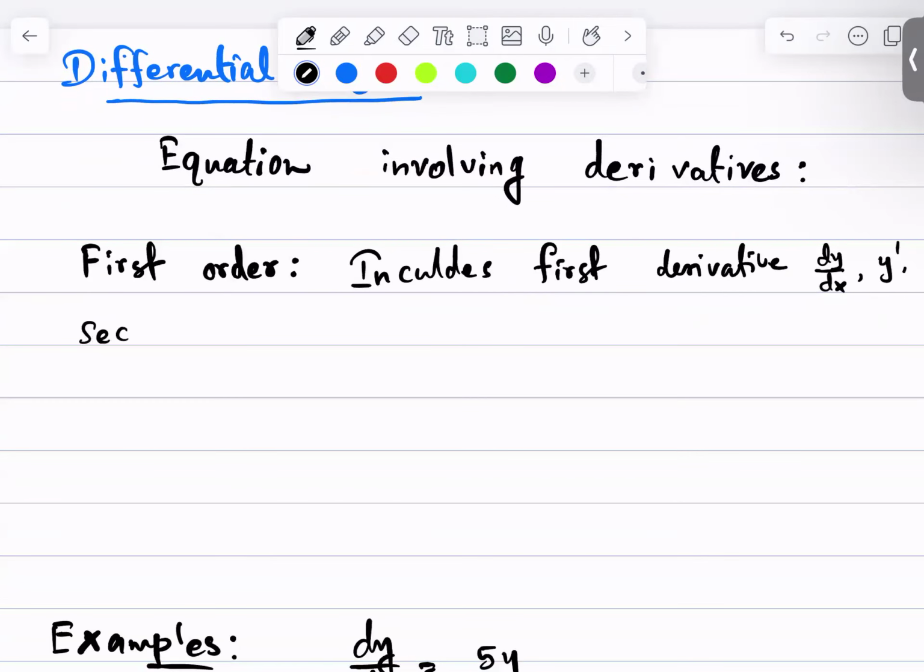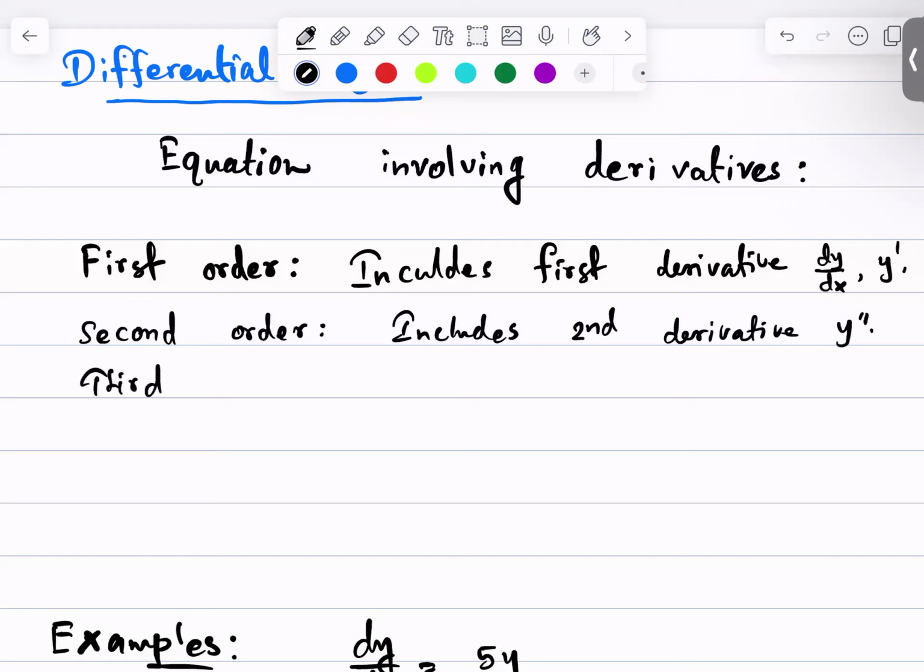The second classification might be second order differential equation, which includes the second derivative, or y double prime. There is third order, which basically includes the third derivative, y triple prime. And there are others, but these three are the most occurring